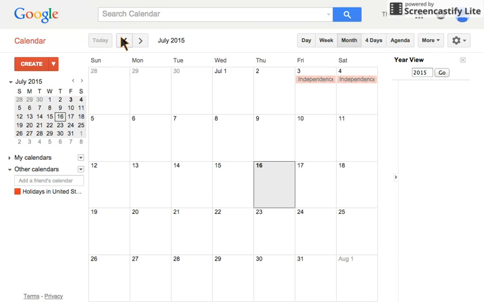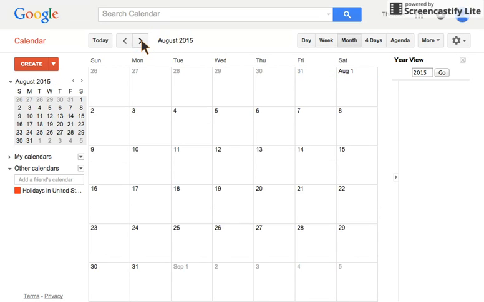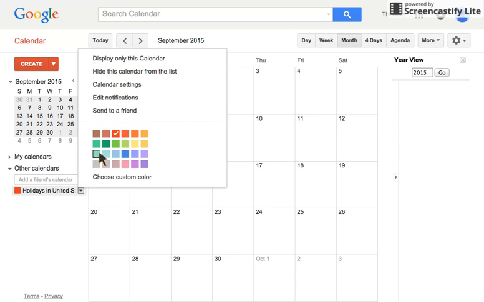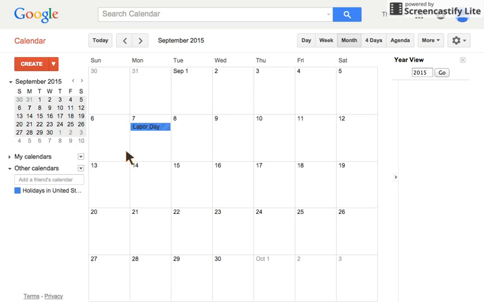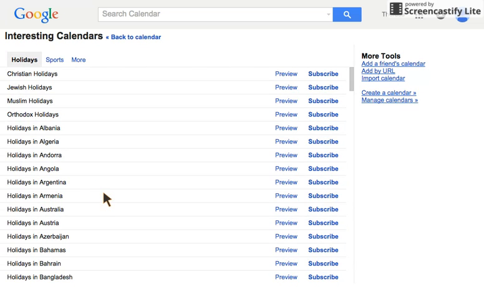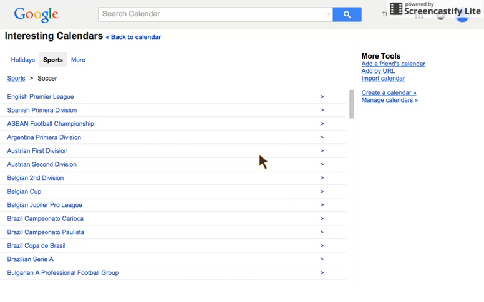Go back to the calendar. And I've got the 4th of July, Labor Day should show up here. Okay. It's in red. If I wanted to change that, I would just click on this arrow and make it a different color. Now I go back to browse interesting calendars, and I'm going to pick a sports calendar, soccer,